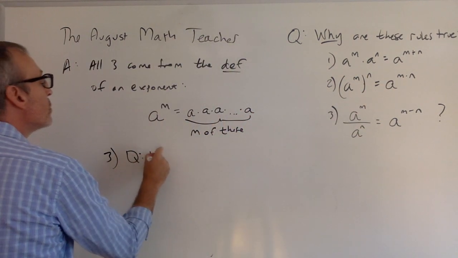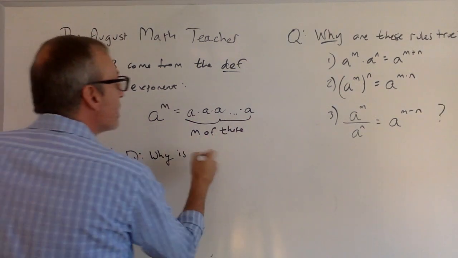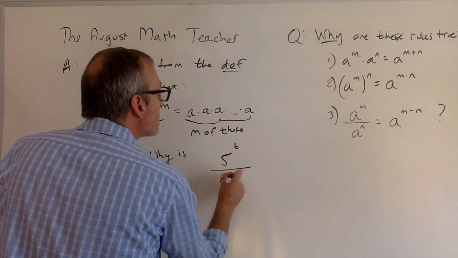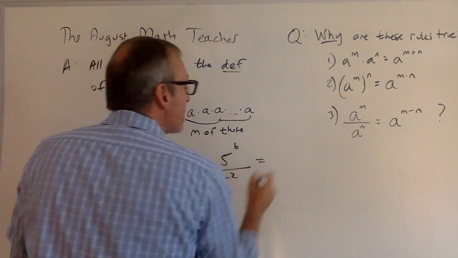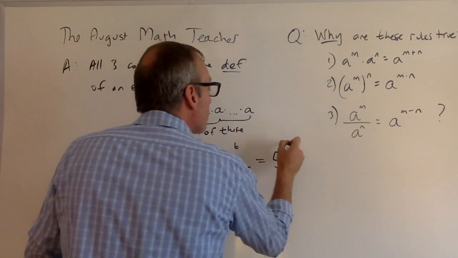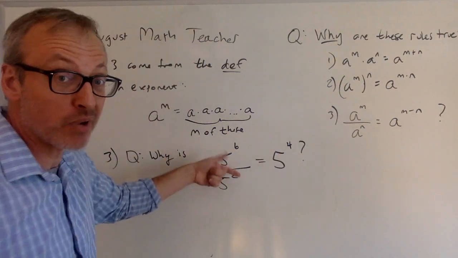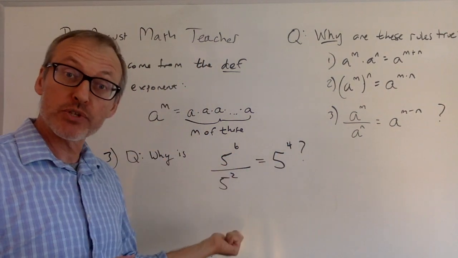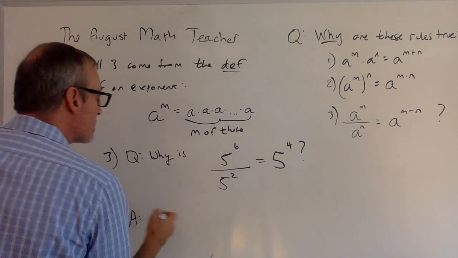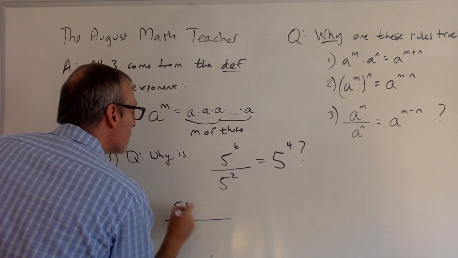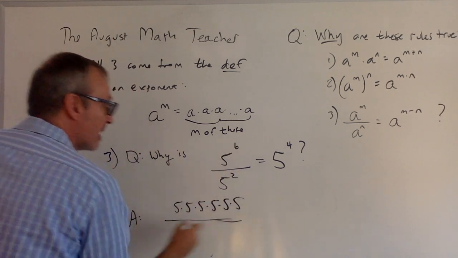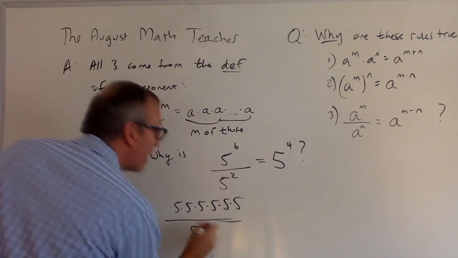The question is, why is something like 5 to the 6th divided by 5 to the 2nd, why is that equal to, it says to subtract, why is that equal to 5 to the 4th? Why not 5 to the 3rd? Why not 6 divided by 2? Why is the rule subtraction? Well, the answer is, again, to just think about what 5 to the 6th means. It means 5 times 5 times 5 times 5 times 5, 6 times, divided by 5 times 5,